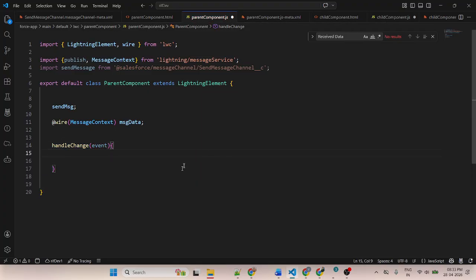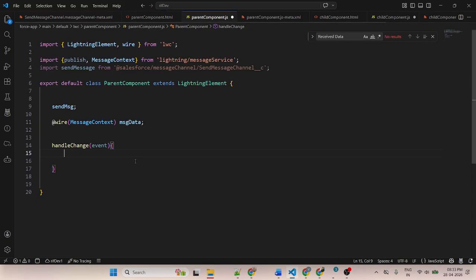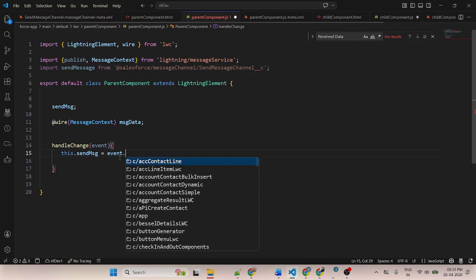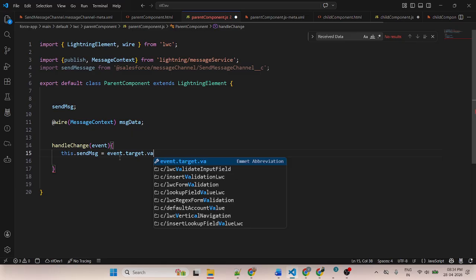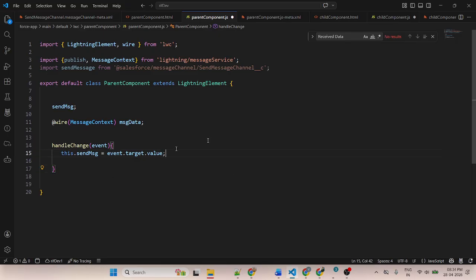How to get the current input value based on this name. So I will store the value into this variable: this.variableName equal to event.target.value. So first I get the value and store the value into this variable.